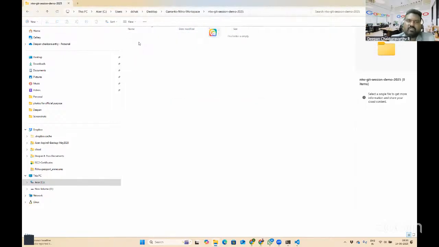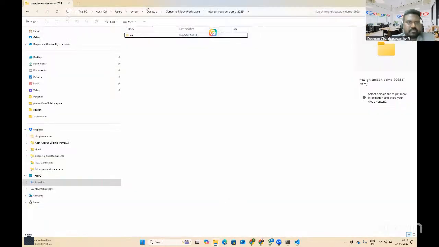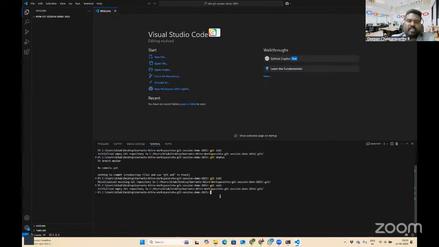So I deleted that .git, and I'll say git init again. Sorry, I deleted the project just to understand how this works. I'll say git status again. So I'm getting "not a Git repository", right? Earlier it was a Git repository, but since I've deleted that .git, which is primarily responsible for storing all the Git related information, I mean the change histories, that folder is now deleted. Now it's saying not a Git repository, right?